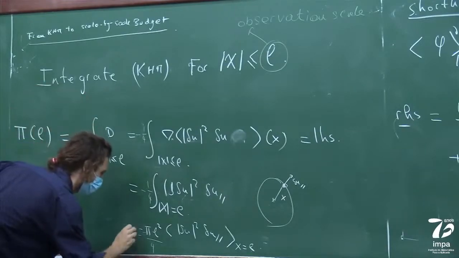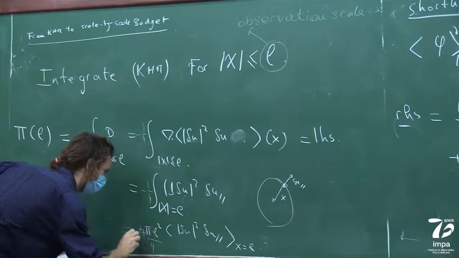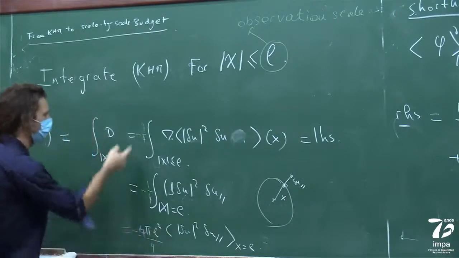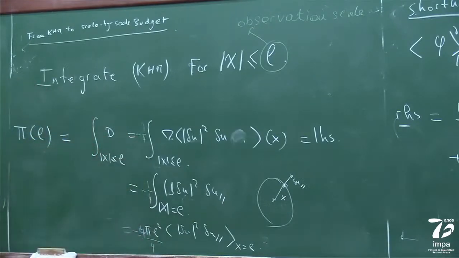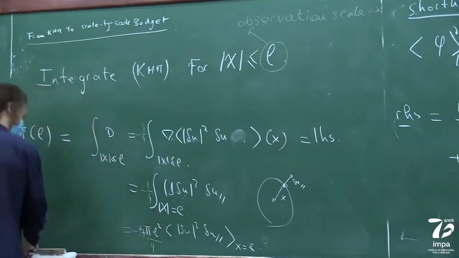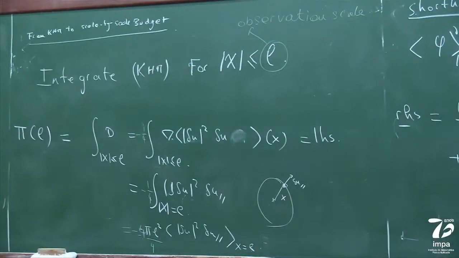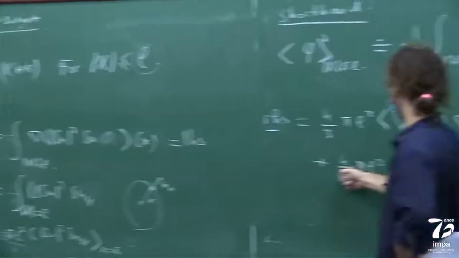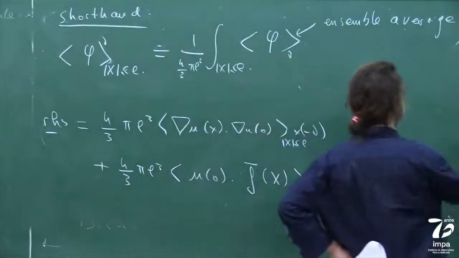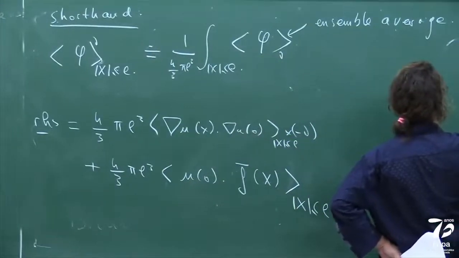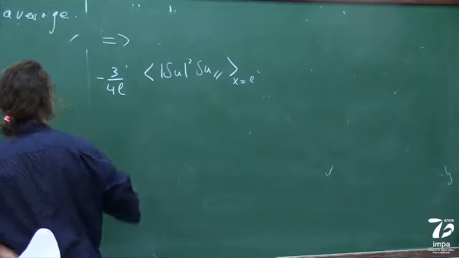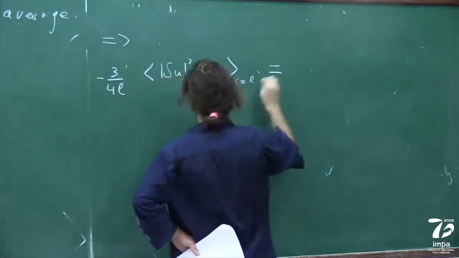This is minus 4 pi L2 that comes from the average, and the 1/4 which carries. Now we are good. So here what is left is just minus 3/4 L is equal to